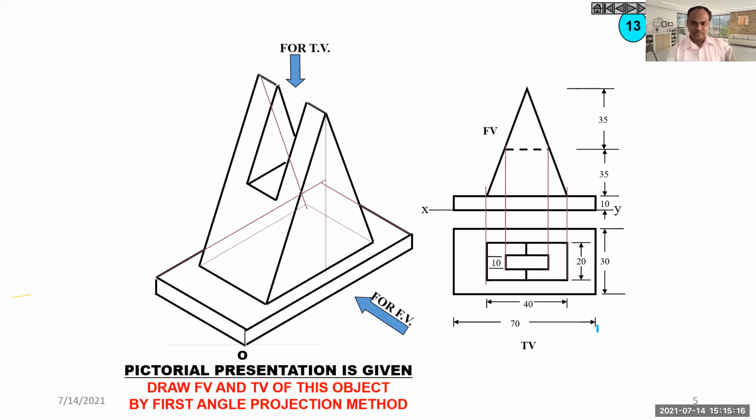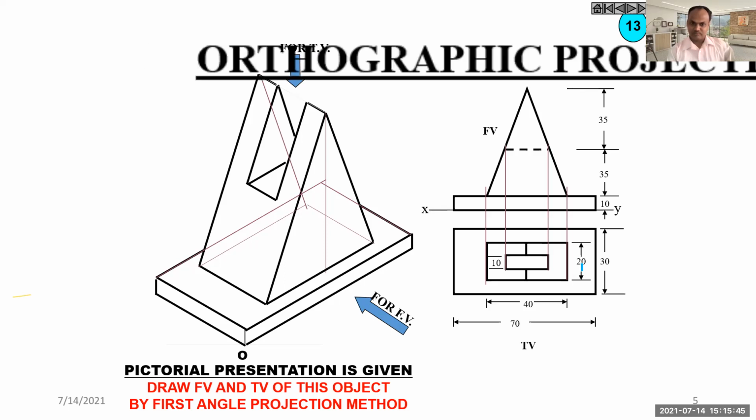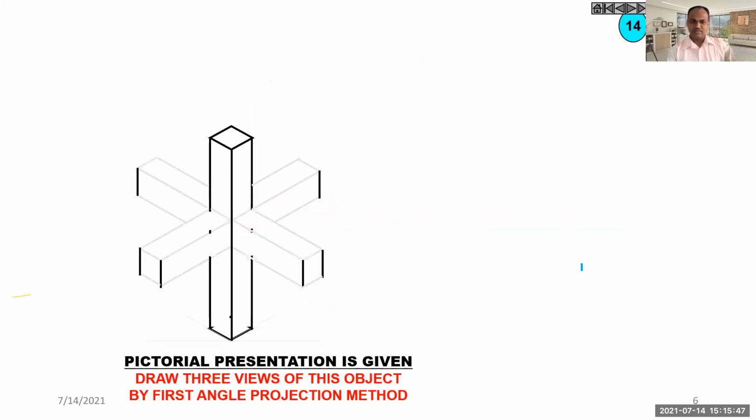So here they have shown some dimensioning. Actually, I have not covered dimensioning till date because it is in unit number 1, and I am preparing some videos on unit number 1, but I have not reached dimensioning. So maybe tomorrow I'm going to post that video also. These types of dimensioning are to be done on your orthographic projections. All the rules of dimensioning I will explain in video number 3 of unit number 1. Okay, so there is no issue like that.